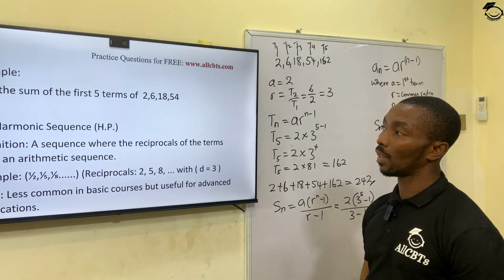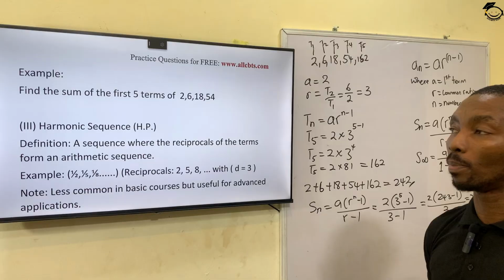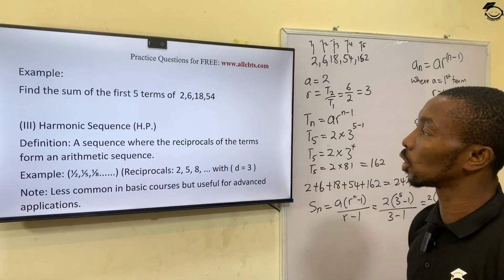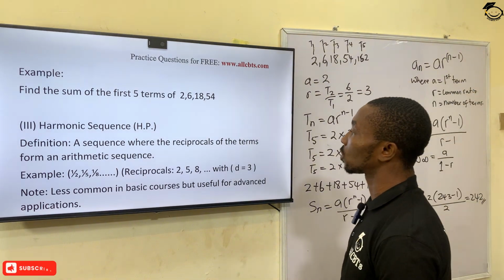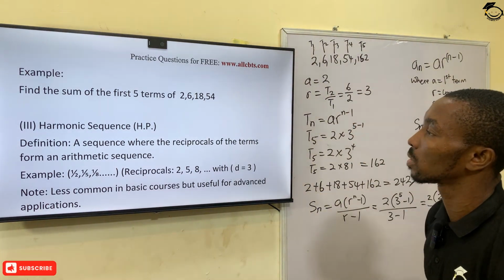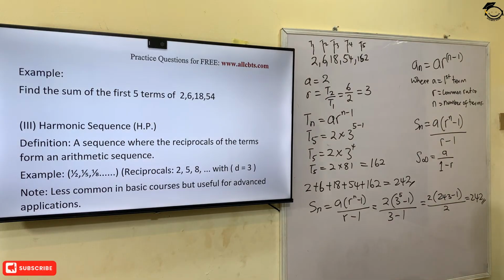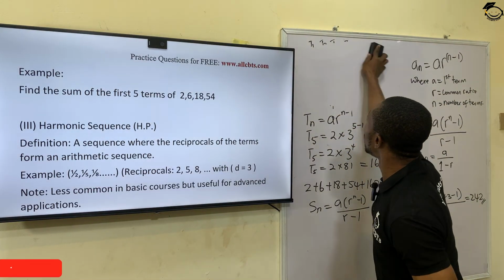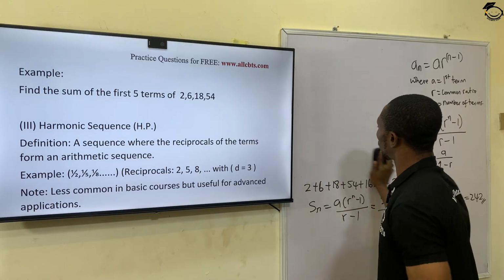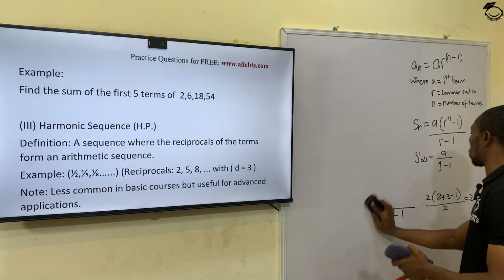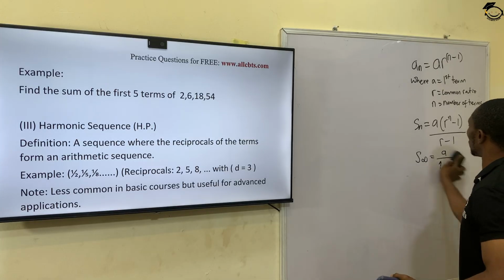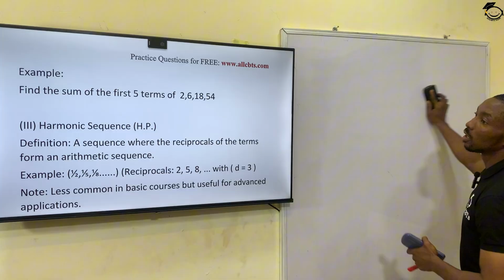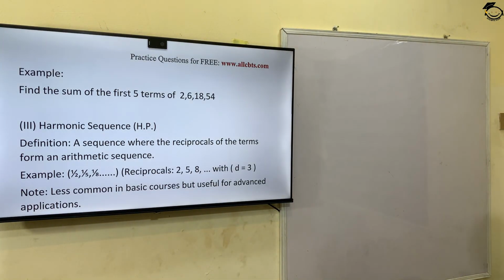Now, the next type of sequence we'll be looking at is the harmonic sequence. By definition, this is a type of sequence where the reciprocal of the terms form an arithmetic sequence. So, if we have an arithmetic progression and we turn it into its reciprocal, then we have a harmonic sequence. For example, where we have